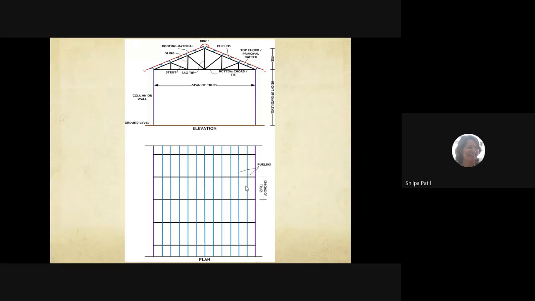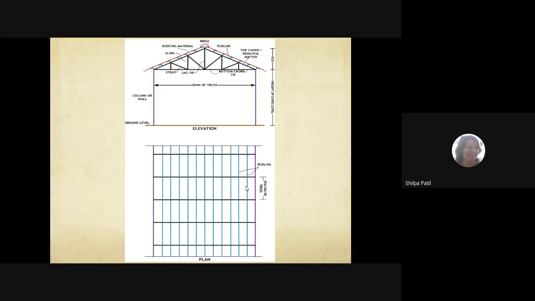Now, when you design a purlin, just now we have discussed that purlins are designed like a beam. So on a beam, we always calculate the load as a UDL, that is, a load per meter or load per unit length. So in the form of a UDL, we have to find out the loading on a purlin. When we do the load calculation, we always do it for the purlins first, because that is the first member which carries the load, right? So from roofing material, the entire load will be transferred to the purlin first. So whatever load calculation you do, you have to do it as a UDL for purlins.